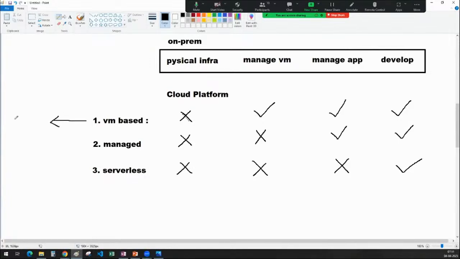So if you go to the VM managed, you can look at the compute engines. Okay, compute engines are there. Kubernetes engines are there, GKE. So these all come under VM based services. Guys, if you look at the managed services, we are every day looking at managed or fully managed. You can see that. So managed services are like